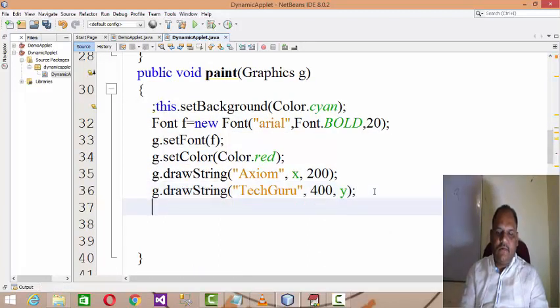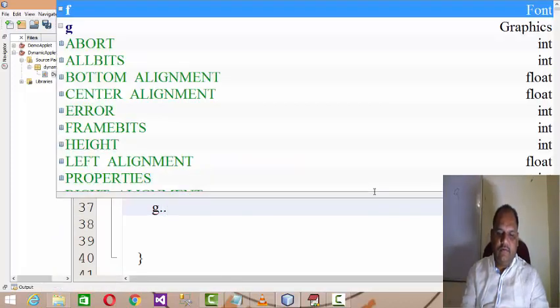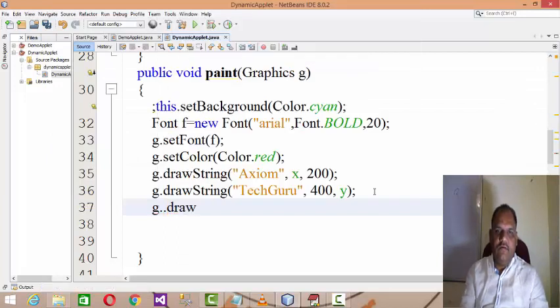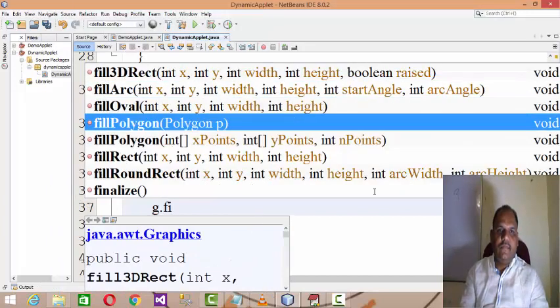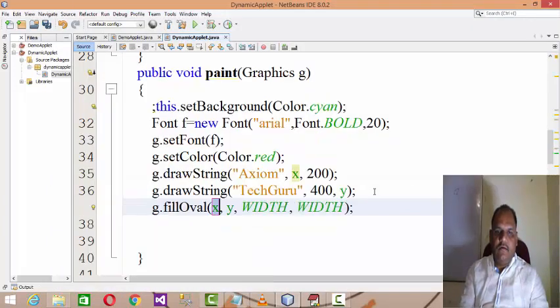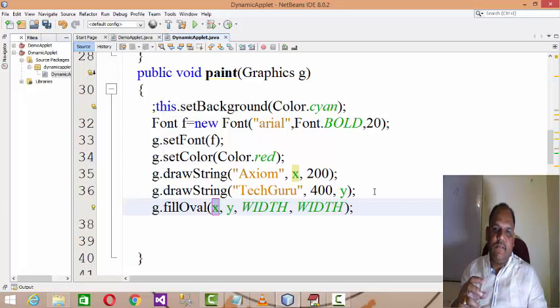draw the circle over here, drawOval, fillOval. Now you want that circle to travel horizontally.